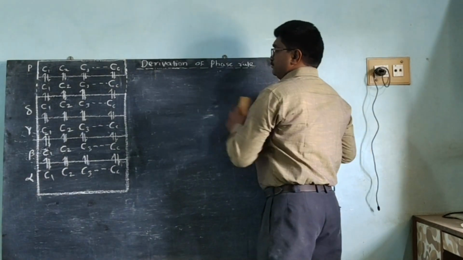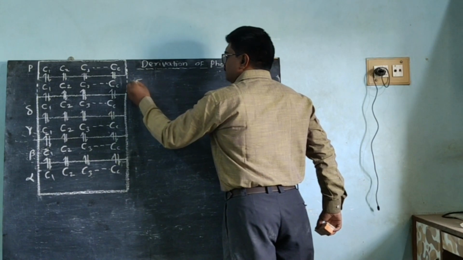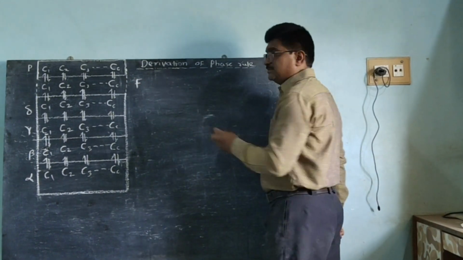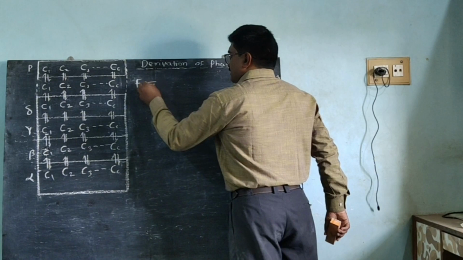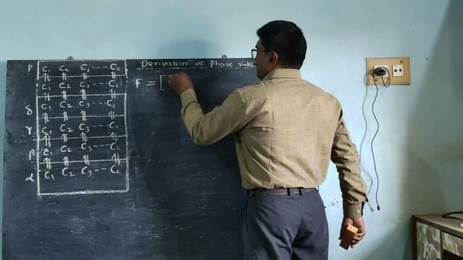Now the number of degrees of freedom, F, can also be given as the total number of variables